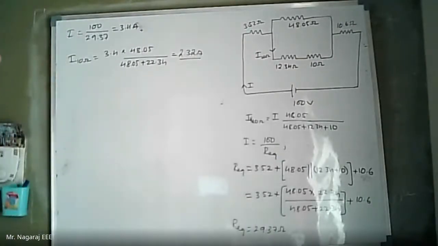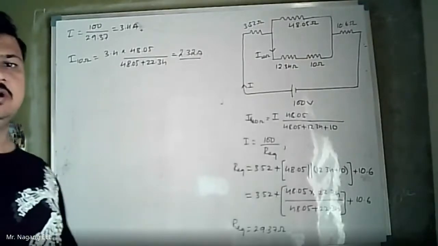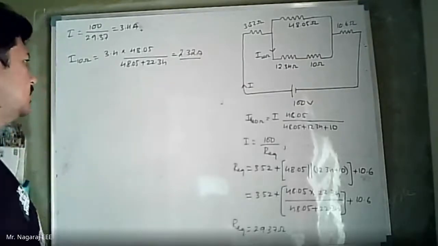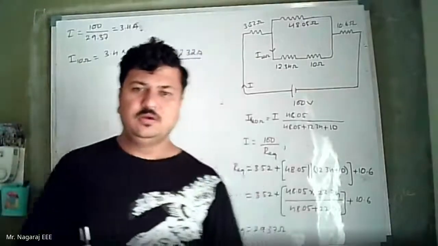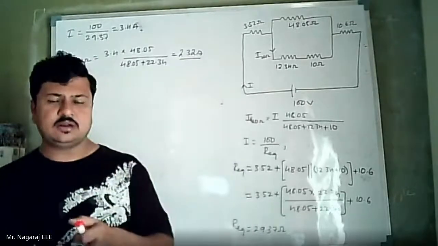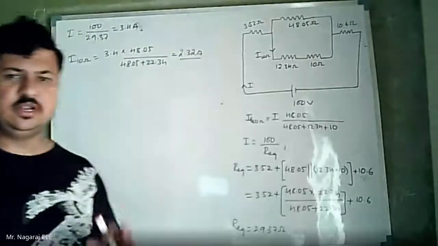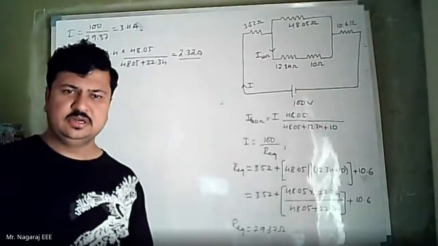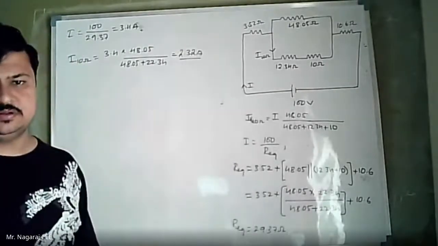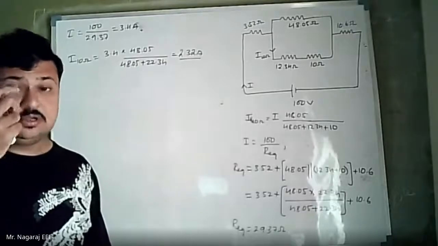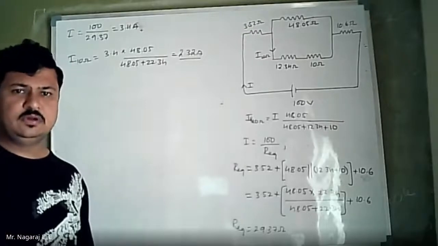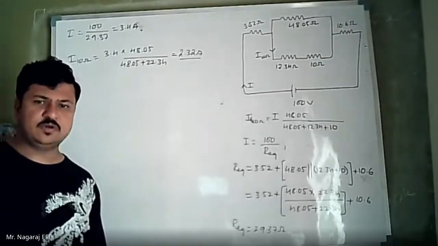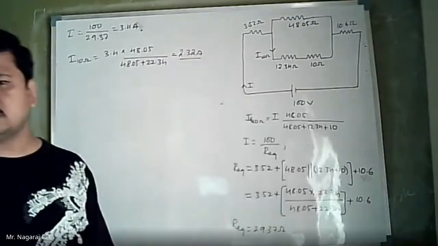Okay, so this is how we have to approach the star delta transformation. First we should find out whether converting delta to star or star to delta is more advantageous. That entirely depends upon the resistance values, and the question statement decides whether I should go for delta to star or star to delta transformation.